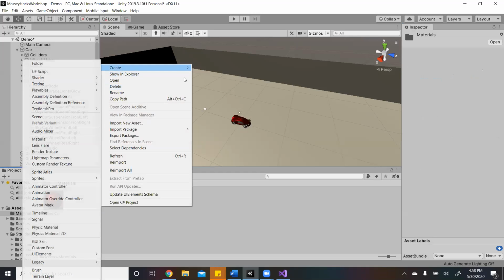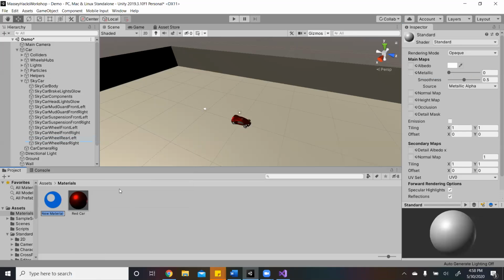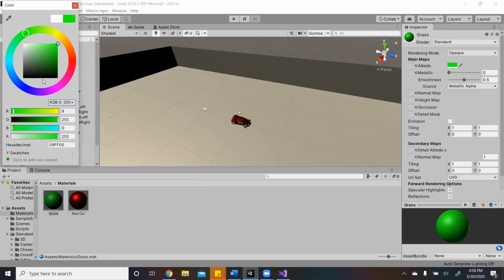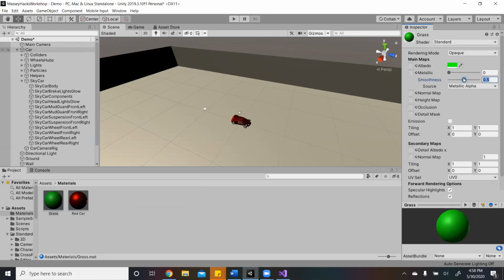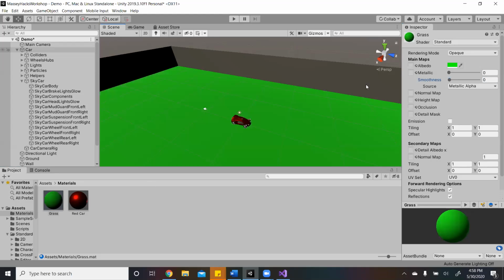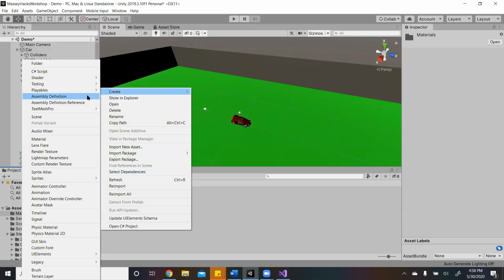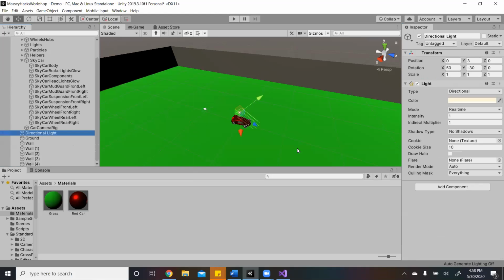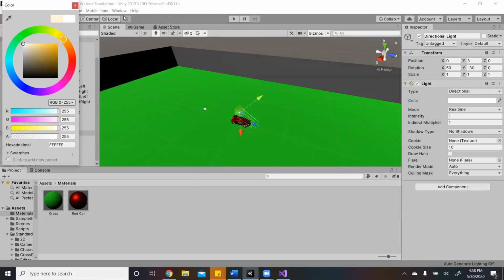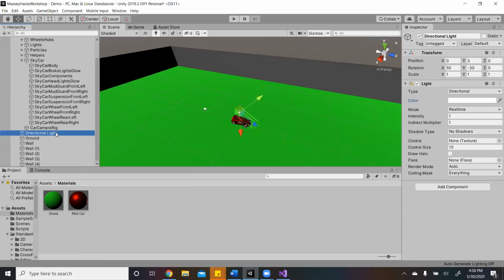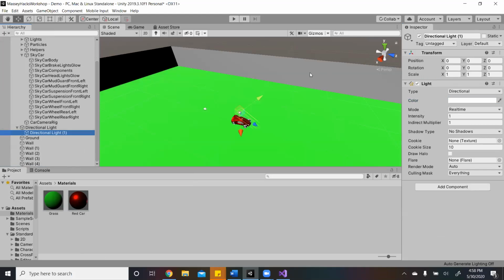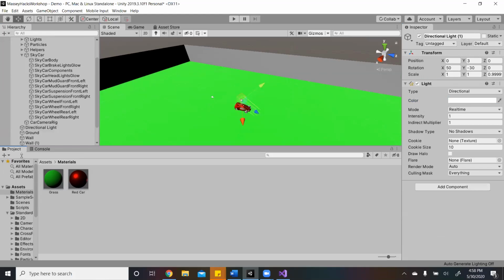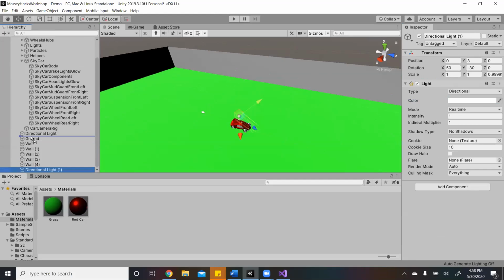We're also going to make some quick colors for grass, because the soccer field has grass on it, so it probably makes sense. Then simple grass, right? And then I'll make the walls, I don't know, some shade of white. Also I'll take the directional light. I don't like it like that, so I'll just do that. Because there's only one direction, I'll just do this, put that there. Take this, put that there, and then have this go